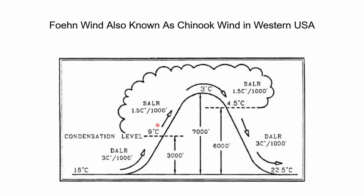So that means as the air continues to go up and into this cloud, the air here where it's saying 3 degrees, that's actually going to be warmer than the air over here that didn't rise, but stayed there and wasn't in the cloud. So remember the increasing wind speed as we go up, that kind of forces this air to wrap around. It starts coming down. Now it's doing the opposite. The air is being forced down, so it warms adiabatically. And when it's saturated, it warms at 1.5 C per 1,000 feet. But then once it gets out of the cloud, it warms at the higher rate of 3 degrees C per